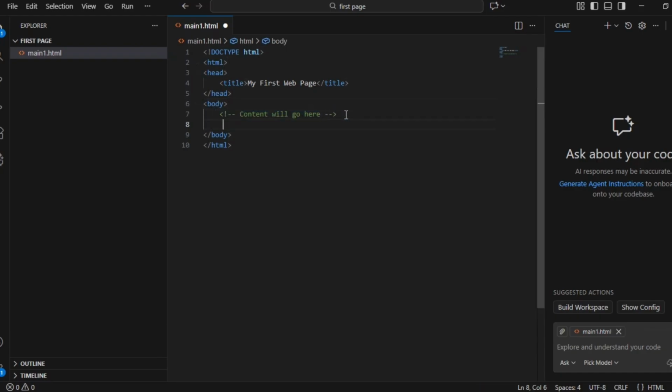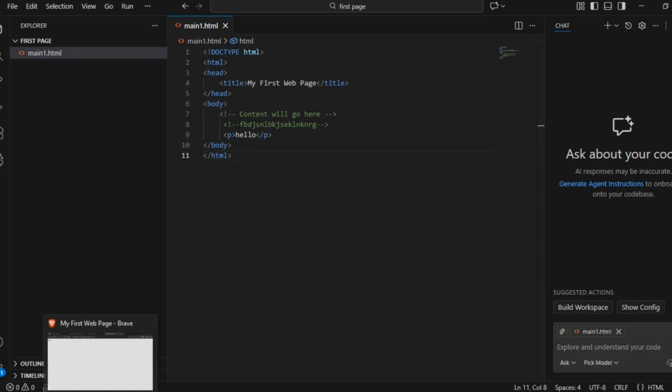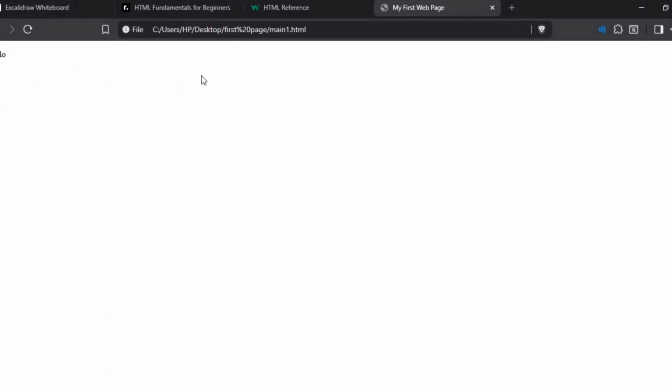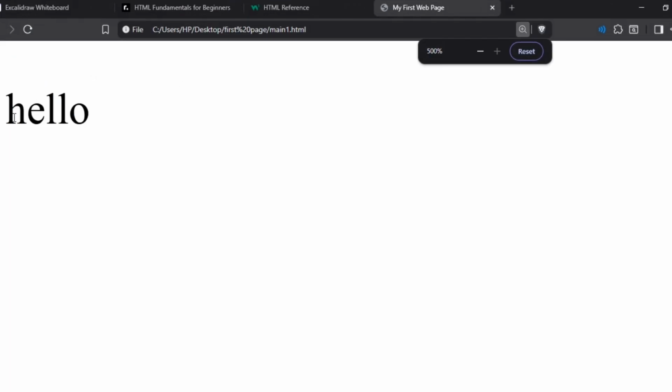If you want to write a comment, you can just use an exclamation sign and dashes, and you can write something like that. This will be a comment, and it will not show on your screen. It will show only in the code of the program, but it will not show on your screen if you display it. And if you have written a p tag, then it will display on the screen. Like I will show you, display hello